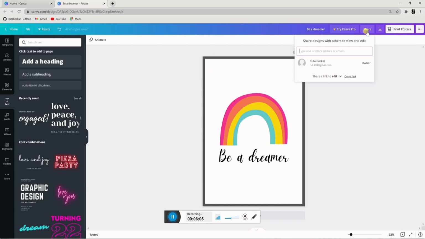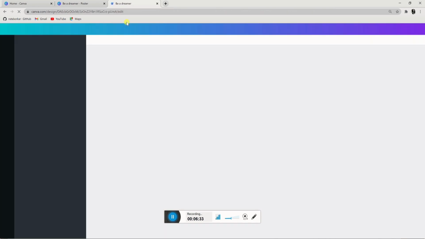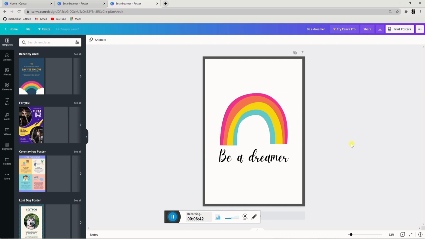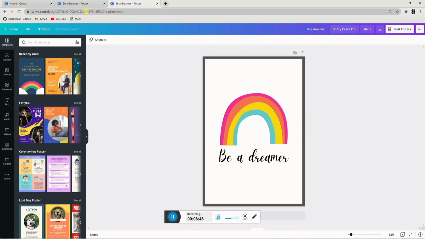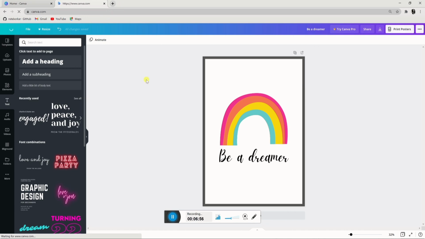It is very simple and minimal, and you can share it with whoever you want in any format. You can share it in an editable format, in a template format, or just as a simple plain image. Once it is complete, you just have to print it on good GSM paper and your poster is ready.